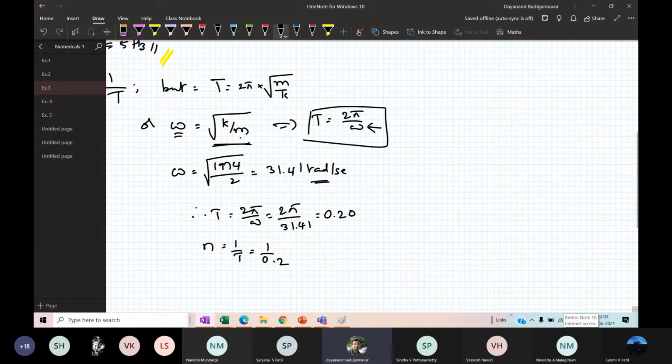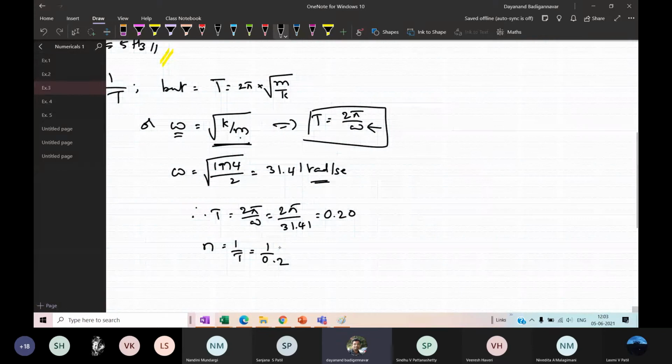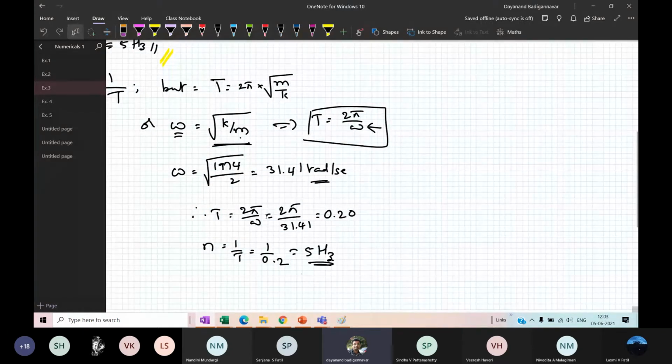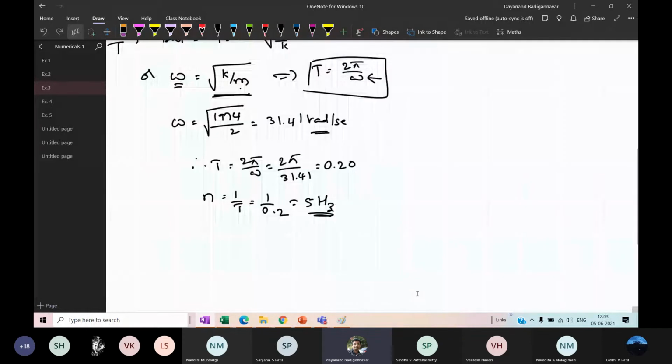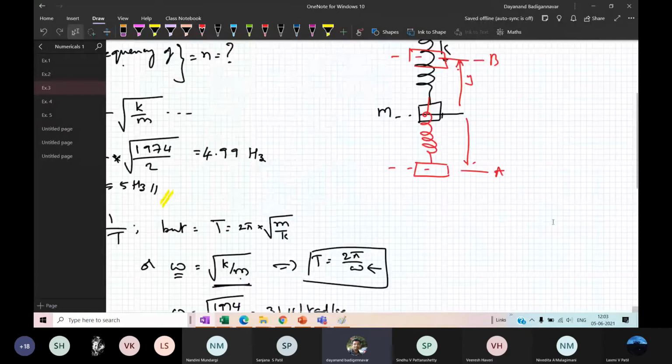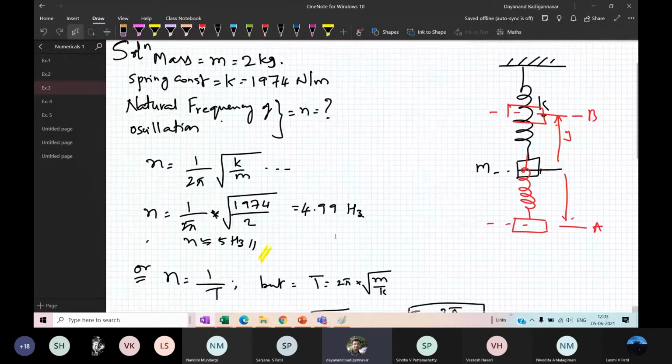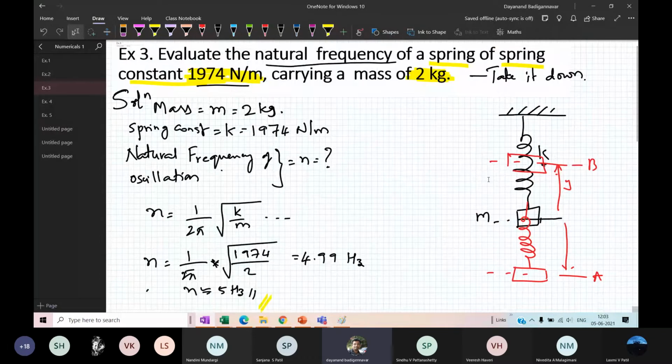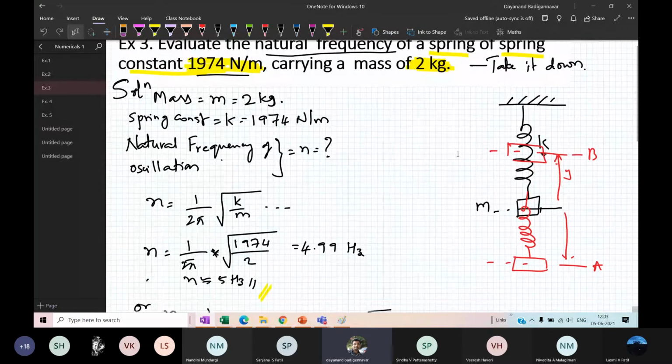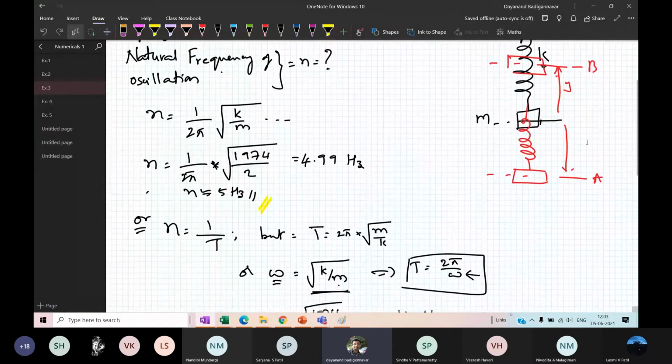So it all depends upon which formula you use. There is no compulsion that you should use only the one method which I am solving. You can use other formulas also, and you can solve the problem the other way also. This is just an example that I have given you. Use the best possible and easiest way. Okay, go for the next one.